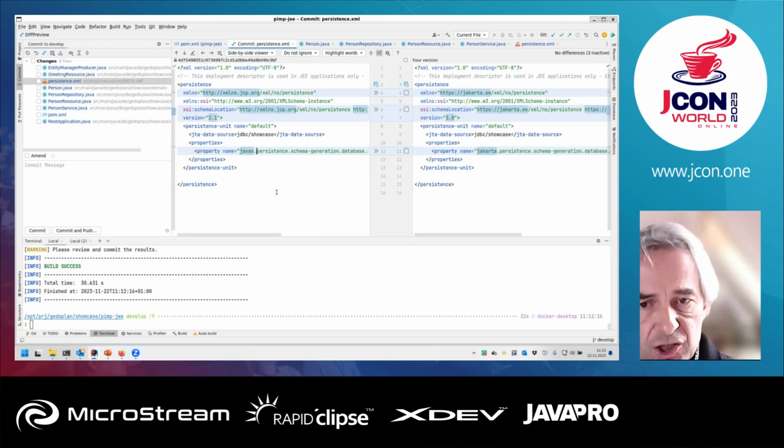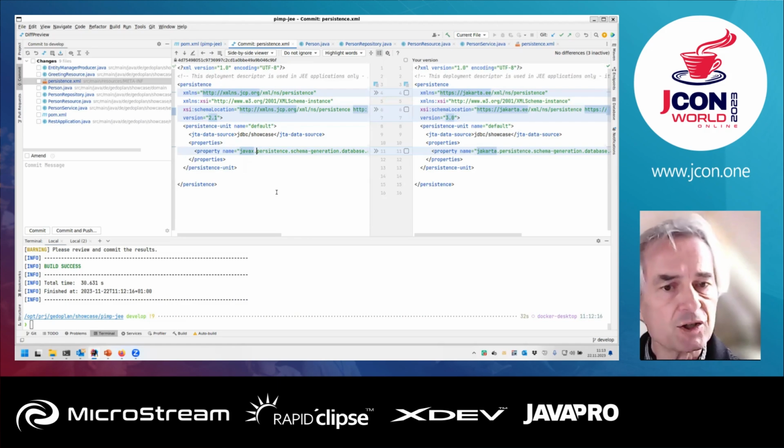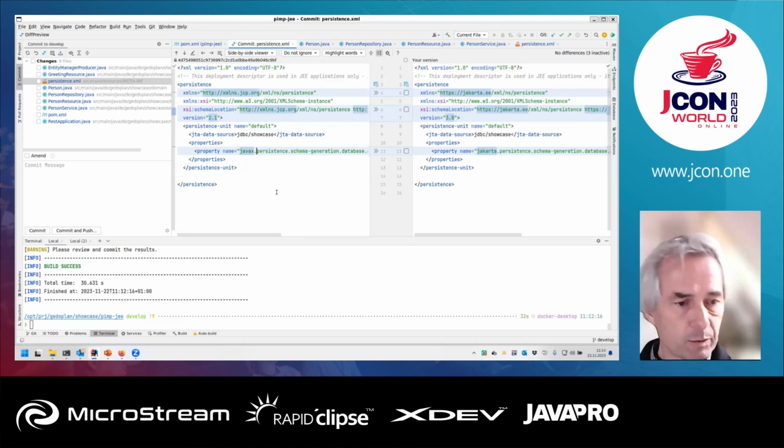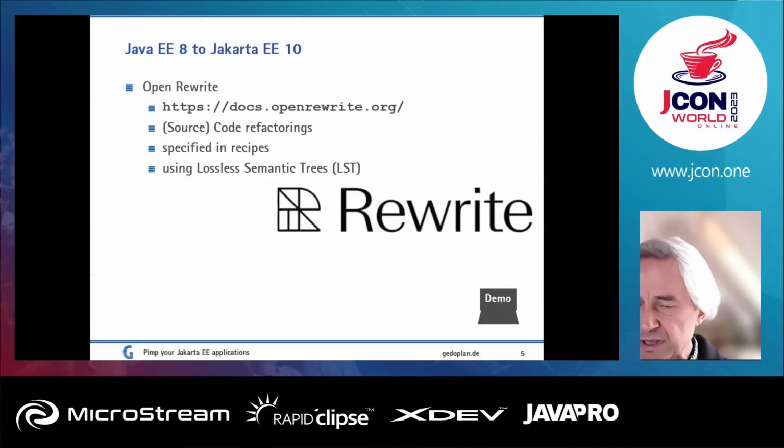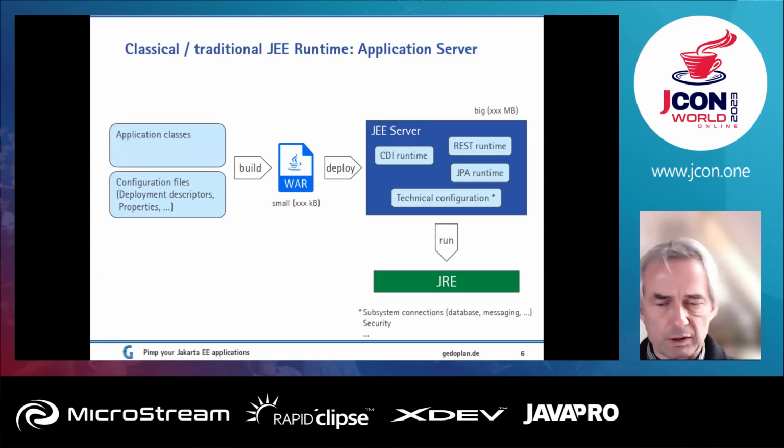Okay, so this application now has kept up with the development of the platform and could now be deployed onto an application server that runs Jakarta EE 10, for instance, WildFly 27. That was the first WildFly version that was up to date with Jakarta EE 10. Okay, just for timing reasons, I won't start it on the application server now because we want to do something more. First of all, let's have a short look at the